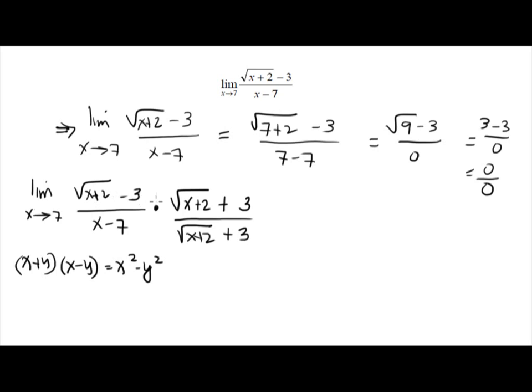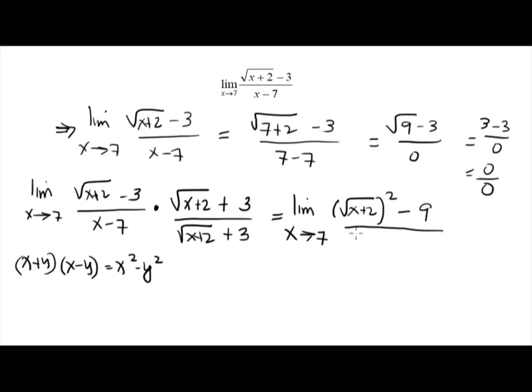So you simply square x minus the square of y. So if I multiply, you still have the limit as x approaches 7, but the numerator becomes the square of the square root of x plus 2, minus the square of 3, which is 9,